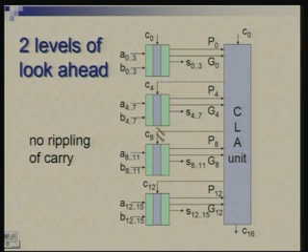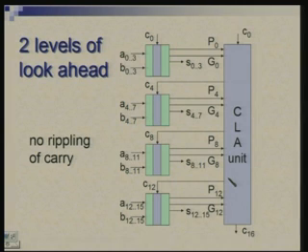we can apply the same idea once again at a higher level. So, we have 2 levels of look ahead. These 4 blocks are as they are, but rather than letting the carry ripple through, I try to do look ahead at that level. That means, try to determine C4 directly from C0, C8 directly from C0 and C12 directly from C0 at the next level.